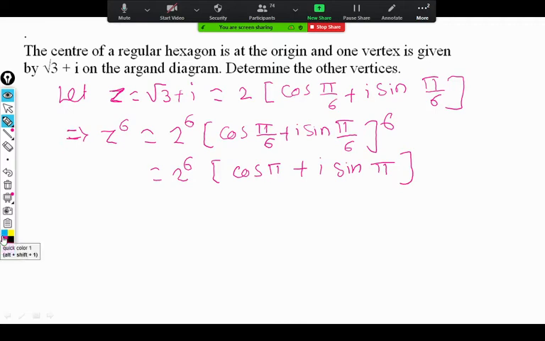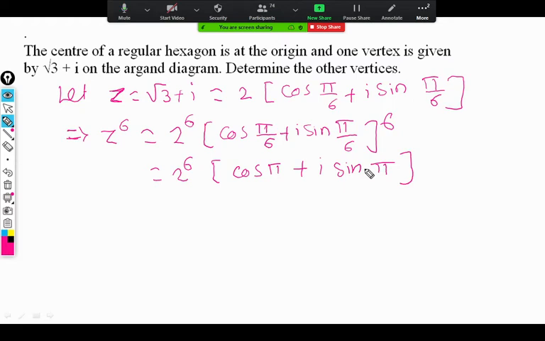Okay. So the first z is in polar form. Next, we take z raised to 6 to move from that root to the original complex number. So the original complex number is this one, 2 raised to 6 (cos pi plus i sin pi). Now this complex number should be converted into this